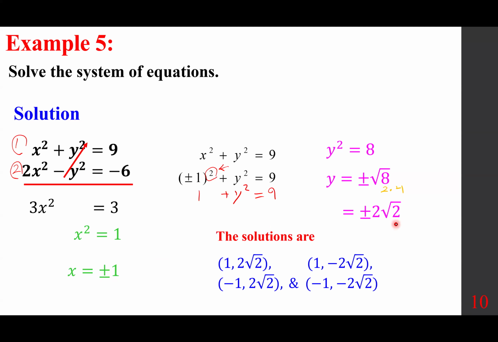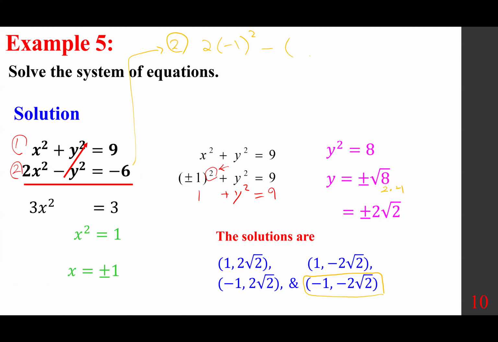So we pick one of them and check. Remember what we used. We used equation number 1 to get to the answer. So you really have to check with equation number 2. So equation number 2 and one of them. For example, let's say we are going to check this one with equation number 2. So 2 times x squared